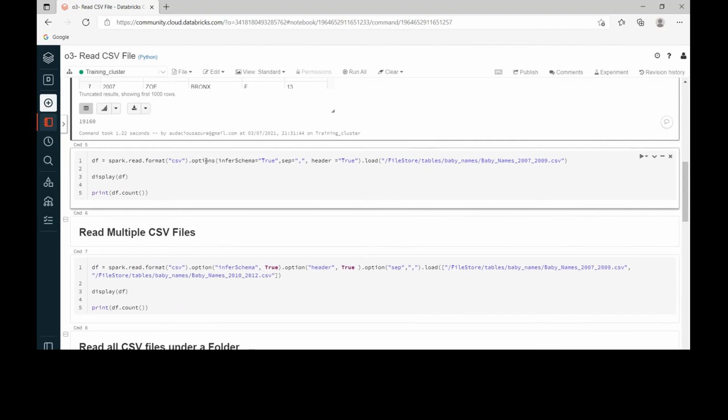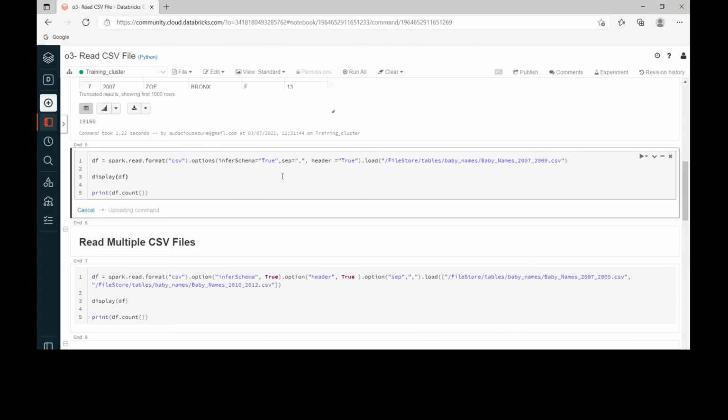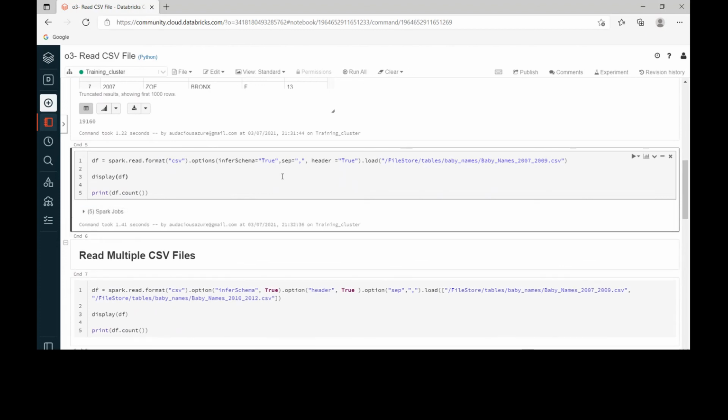Here, instead of option, we have to give options, adding an s at the end. We can give all the options within this single bracket, within this single options. I have given inferSchema true, separator comma, and header true. This is another way of writing options. Let me execute. The output would be the same.